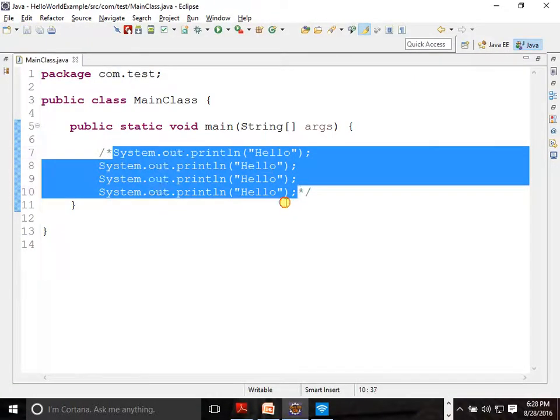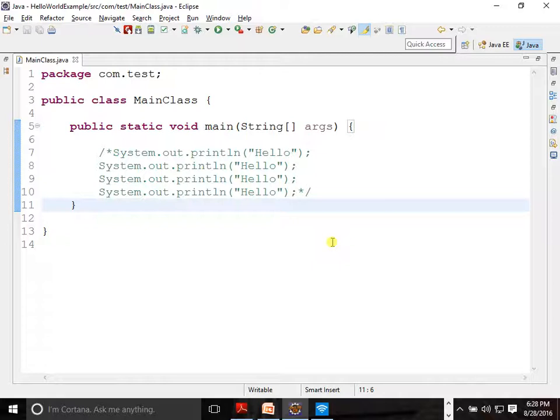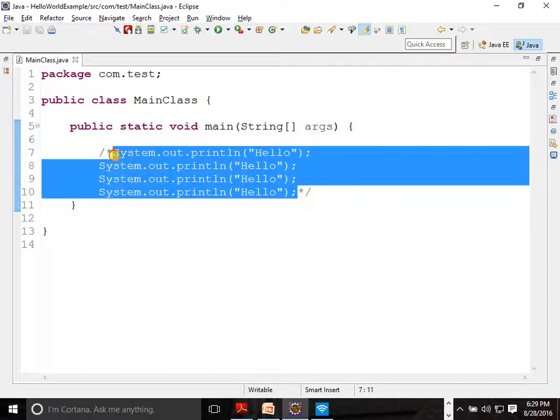It will do a multi-line comment. If you want to uncomment, then Control Shift backward slash. Just select those lines, Control Shift backward slash, and it will uncomment.